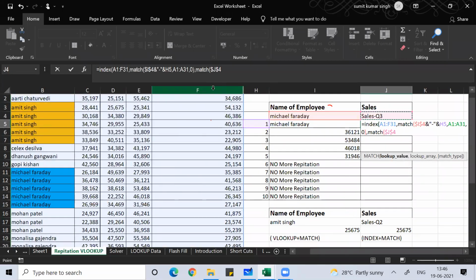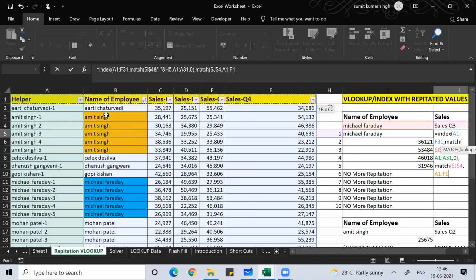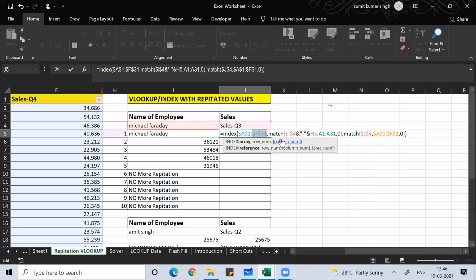Fix this, Shift 4, comma, where you'll search this value here. Fix that with F4, comma 0. This is your column number. Now in this, A1 to F31, fix that with F4. Fix the array, fix the MATCH range A1 to F31, fix that.